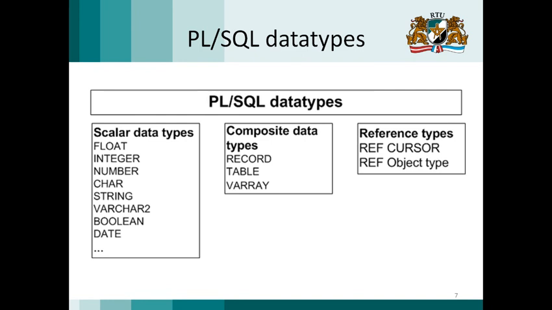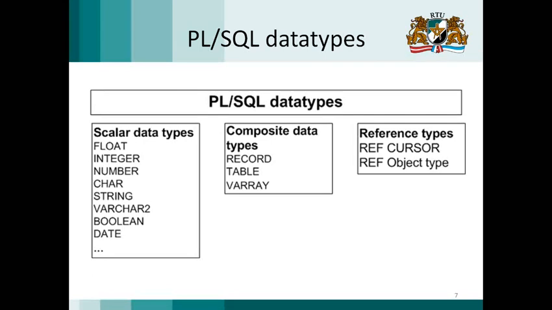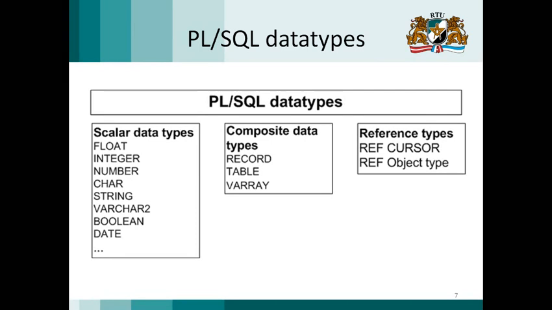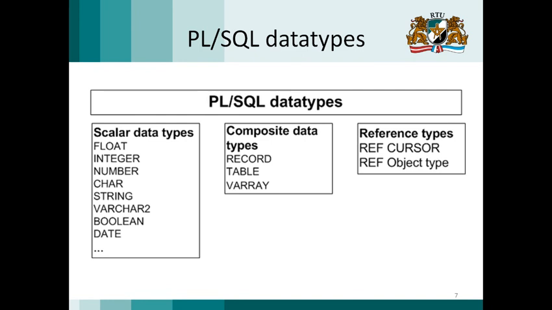If we have the column 2 defined as this array type, I will not go into detail how this is done. If you want to know it, you can find it in materials. Then you can store several values of this array type. For example, if it's array of numbers, then we can store in this column 2, numbers 1 and 2, for example. This row may store, for example, 2, 3, 4. This may store only 1 number, and so on. So we can store several of these